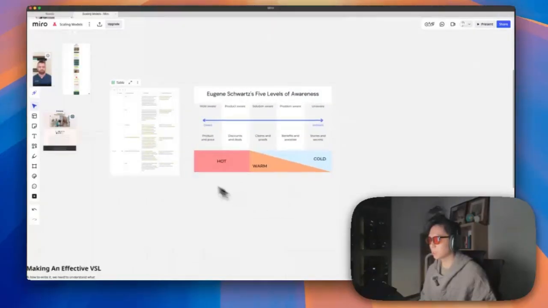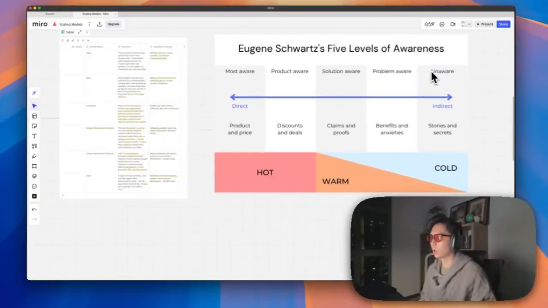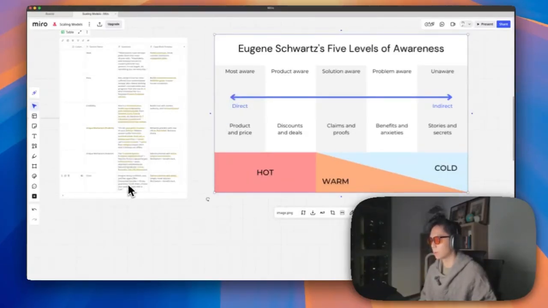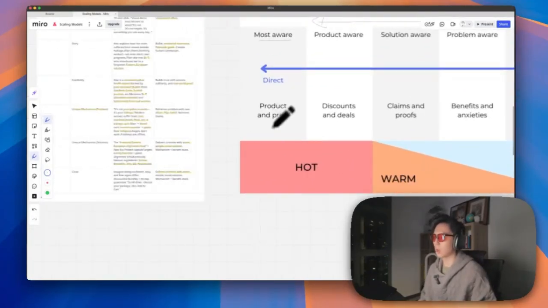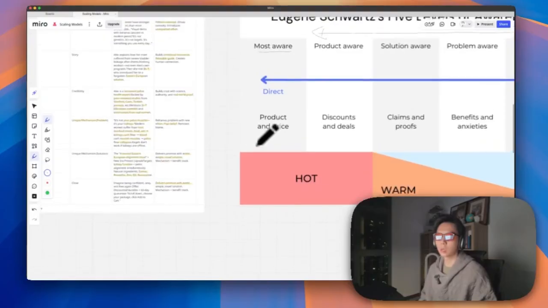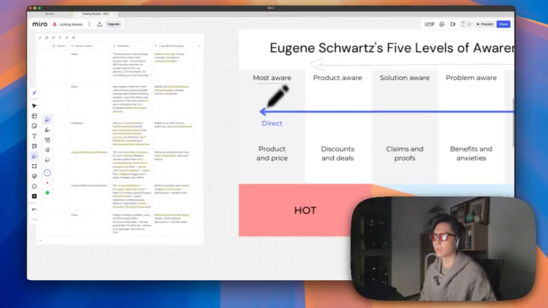As you can see, as you go down the journey, it essentially targets every awareness level, right? Because at the start, at the hook, you're really going after unaware and problem-aware people. And as you go on with the story, the credibility, the unique mechanism of the problem, you're teaching and educating people to become solution aware before you finally introduce your unique mechanism of the solution, which makes them product aware and most aware. And then, of course, this is where you introduce the 60-day guarantee, the bundles, the special pricing when you buy more, and this is where people convert to the most aware stage.